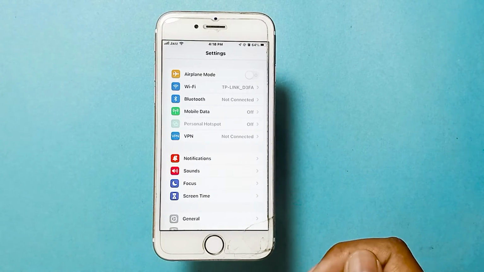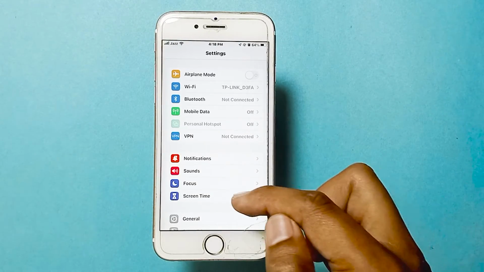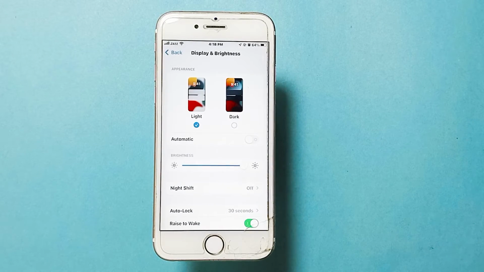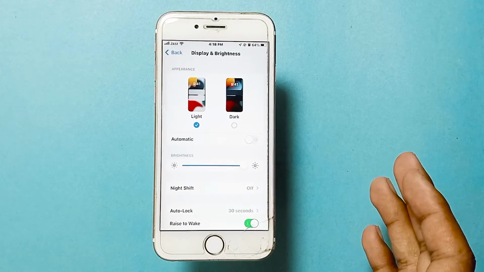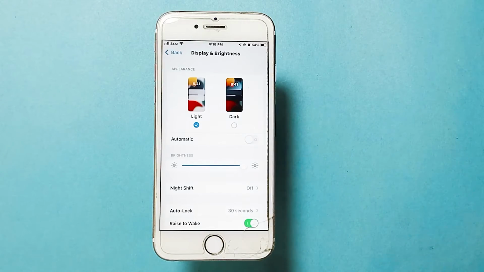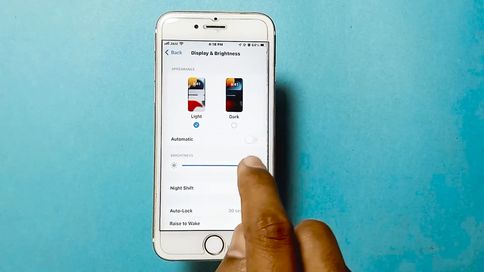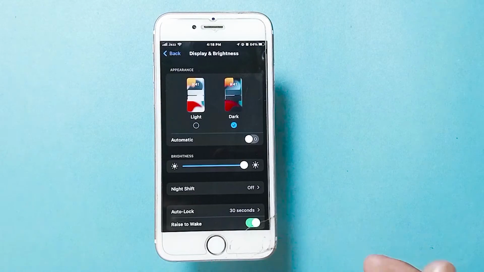Then scroll down and tap Display and Brightness. In the Appearance section at the top of the page, you will see two options, Light and Dark. You can tap Dark. Then go back to the home screen